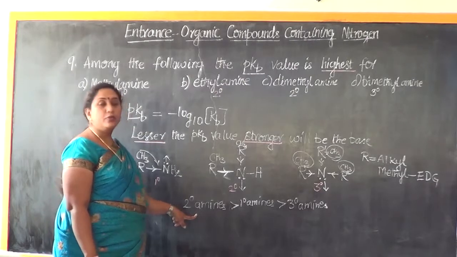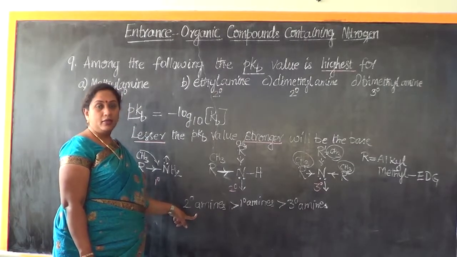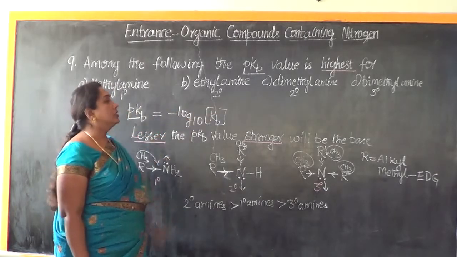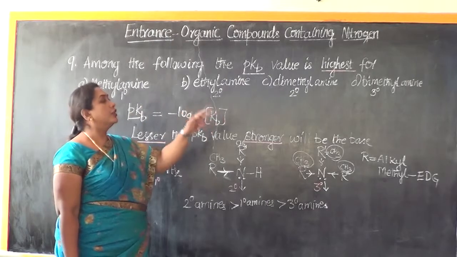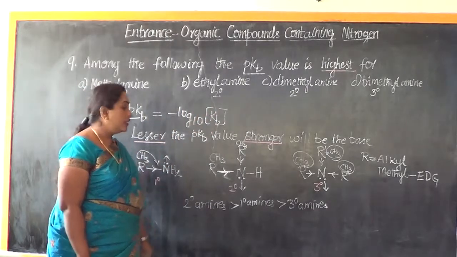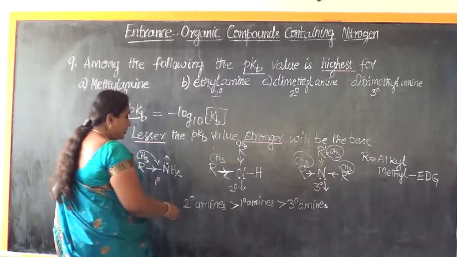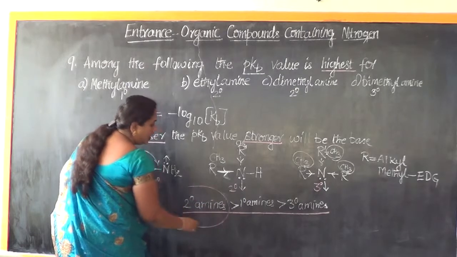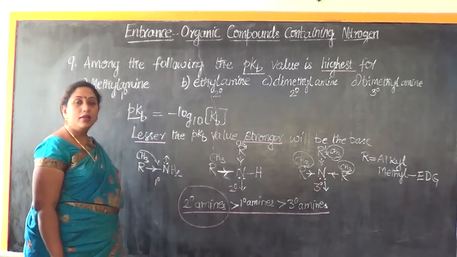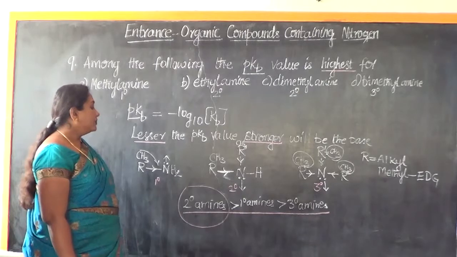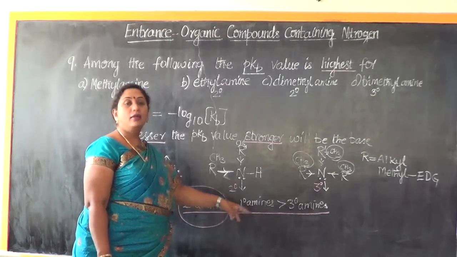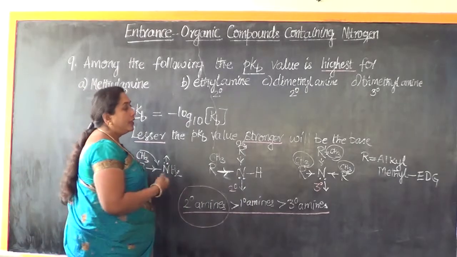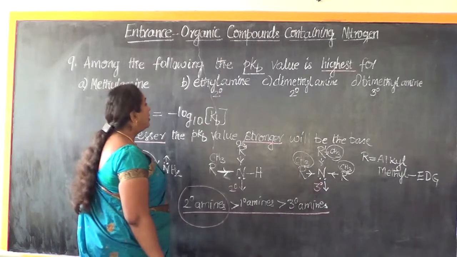So now who is having the top priority in the list among the three types of amines that we have considered? Primary, secondary, tertiary are the three types of amines that we have considered. Which is on the prioritized list? Which is having the greater basic strength? It is the secondary amines which will be having greater basic strength than the primary amines. Then it is followed by tertiary amines. So therefore, be careful, dear students, when you write the answers.